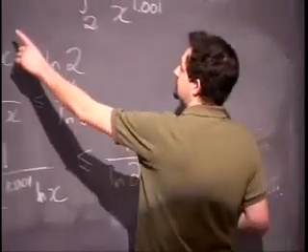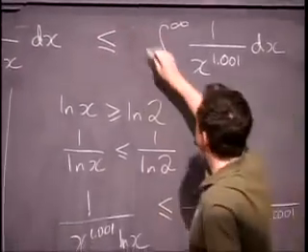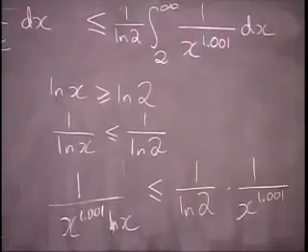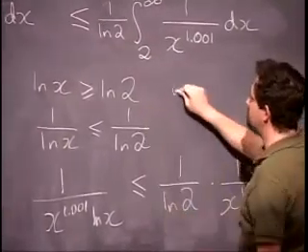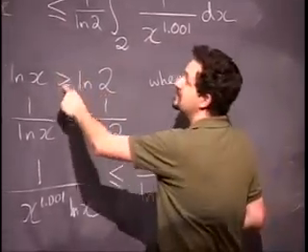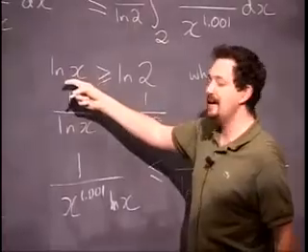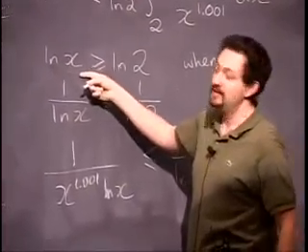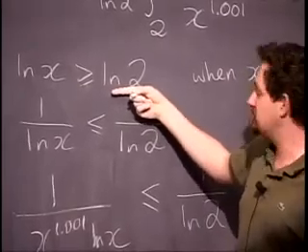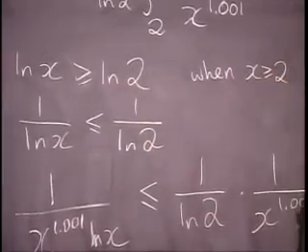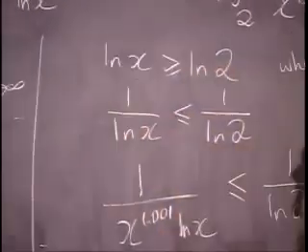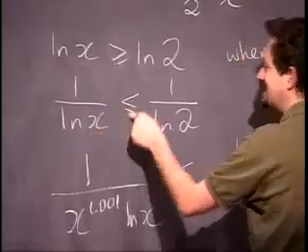And so if you look at this, everything would be correct if only I threw in this constant 1 over log 2 out the front. So I want you to look at this. This is true when x is bigger than 2. This is very different from what we did in the previous example. In the previous example, we had log x is less than or equal to something. Here, we have log x is bigger than or equal to something, which is just some number, log 2, about 0.7. And the point is that we really need to take the reciprocals because the log is on the bottom. The log is on the bottom, so 1 over log x is less than or equal to 1 over